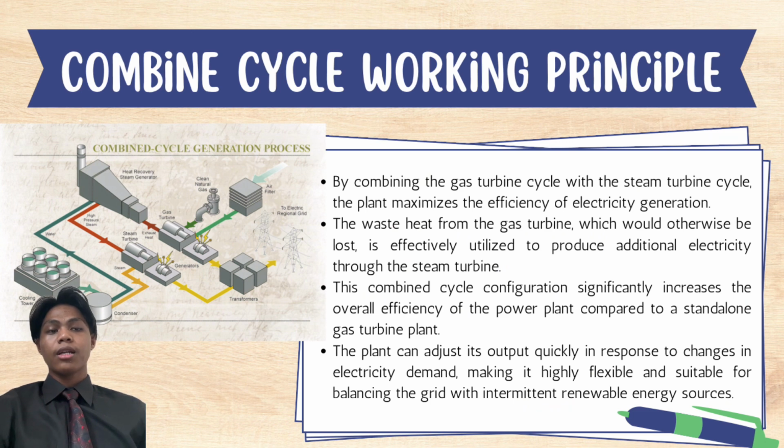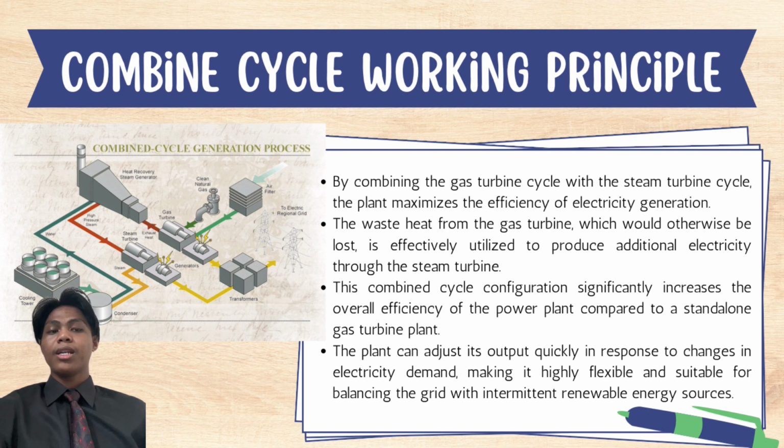This combined cycle configuration significantly increases the overall efficiency of the power plant compared to a standalone gas turbine plant. The plant can adjust its output quickly in response to changes in electricity demand, making it highly flexible and suitable for balancing the grid with